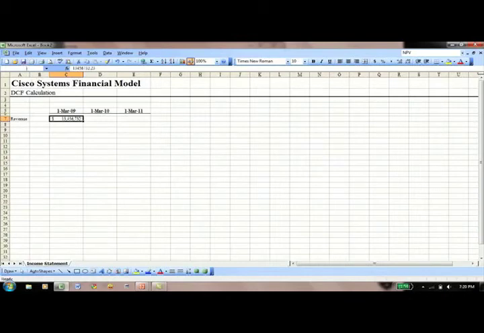Now what I can do is take my cursor there, click once, delete the C7 and change this to, I'm just going to say, revenue underscore March 09. So now I've given my cell a name,